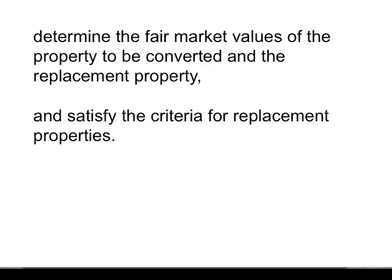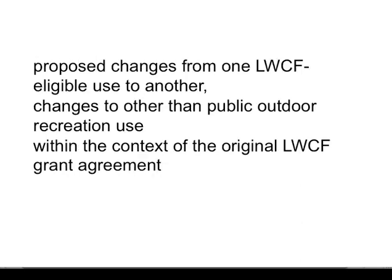And in so doing, there is the requirement to substitute properties of equal market value and recreational value. The conversion regs require that the state determine the fair market values of the property to be converted and the replacement property, and satisfy the criteria for such replacement properties. Furthermore, proposed changes from one LWCF eligible use to another, changes to an other than public outdoor recreation use,